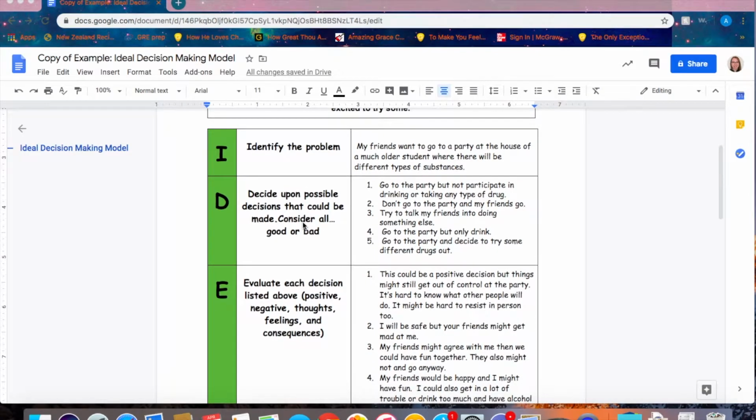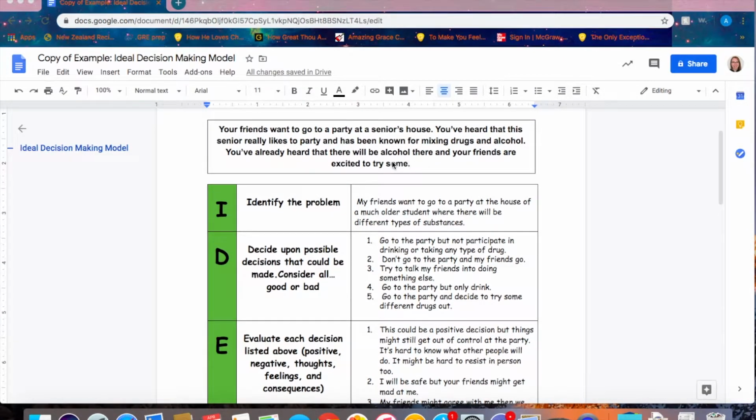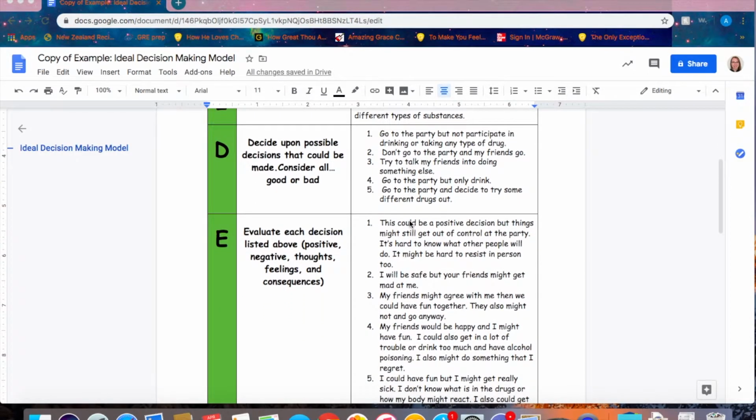So the problem is, my friends want to go to a party at the house of a much older student where there will be different types of substances. You don't really know what's going to happen. You know there'll be alcohol, but it seems like there might be some drugs. So the